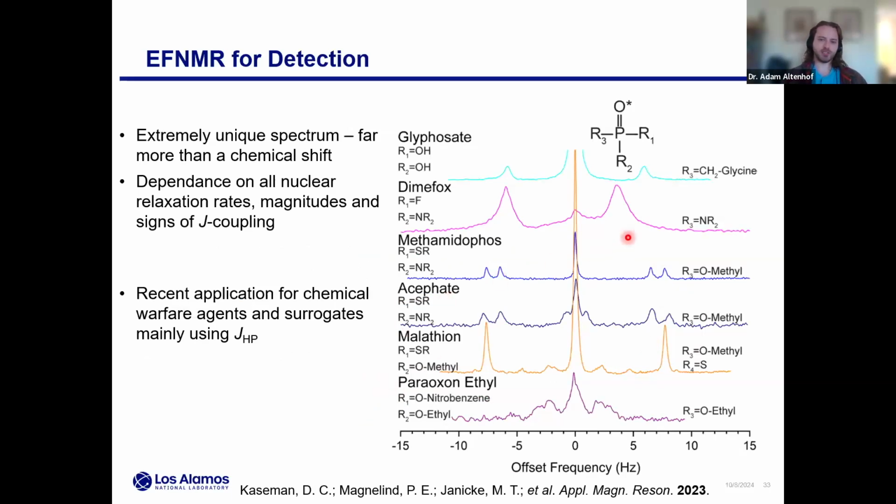So to show a previous example of how this was used for detection, again, from Derek Caseman, this initial work was funded to see, could they use Earth's field NMR to do meaningful sample differentiation on chemical warfare agents? So we're talking about things like sarin gas, where you basically have this sort of central building block of this phosphate group. And what Derek's done here is he's used different functional groups on this main block, and he's just trying to see, is the J coupling between proton of those ligands and that phosphorus going to change in every case? And, how sensitive are we to that?